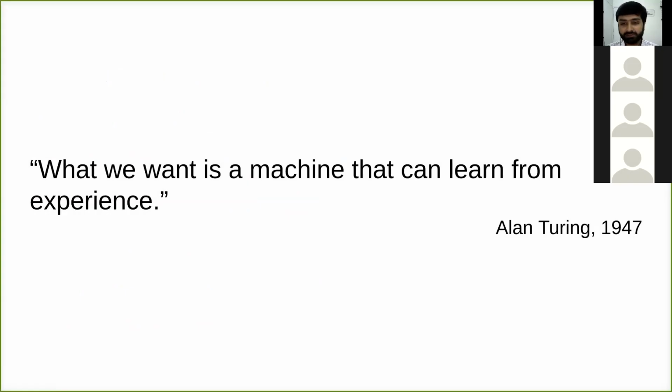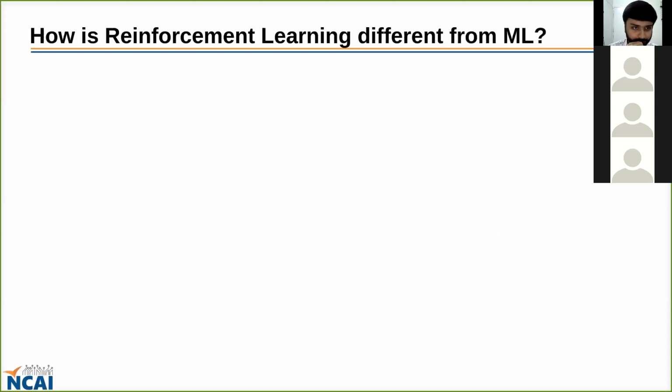I'll start with this quotation by Alan Turing, in which he said that what we want is machines which can learn from experience. Normally, what we have in intelligent systems are offline dataset-based learning algorithms which do not interact with their environment. So they're actually slave to the datasets available off the shelf. With that spirit, let's begin with reinforcement learning, and first we'll talk about how it's different from